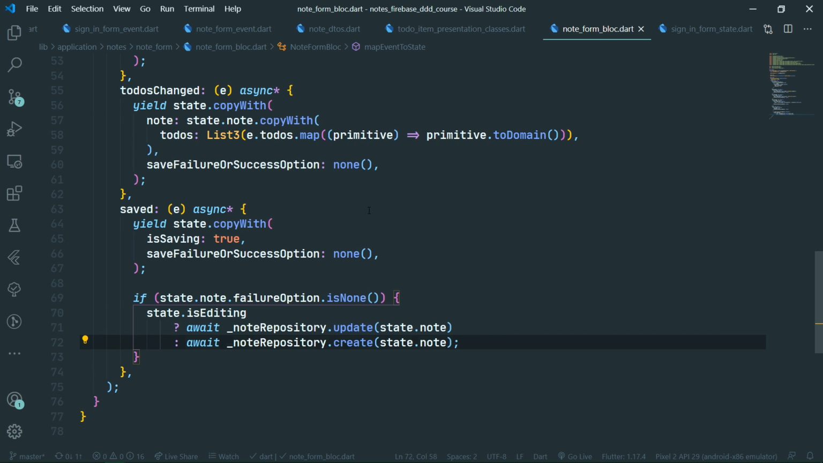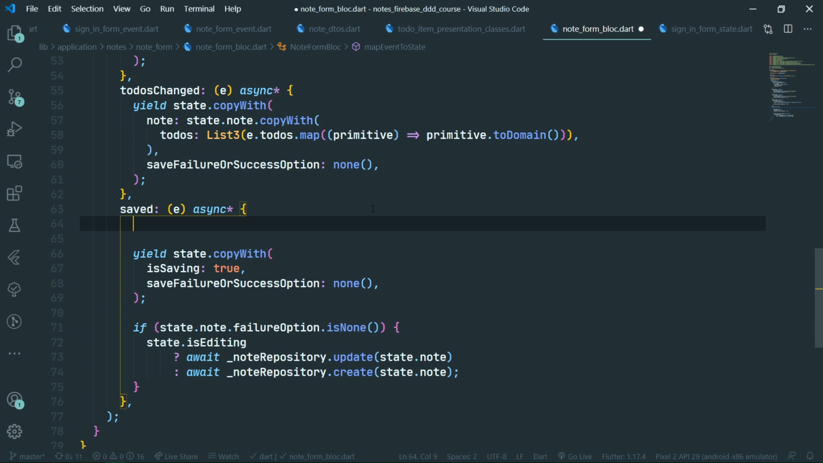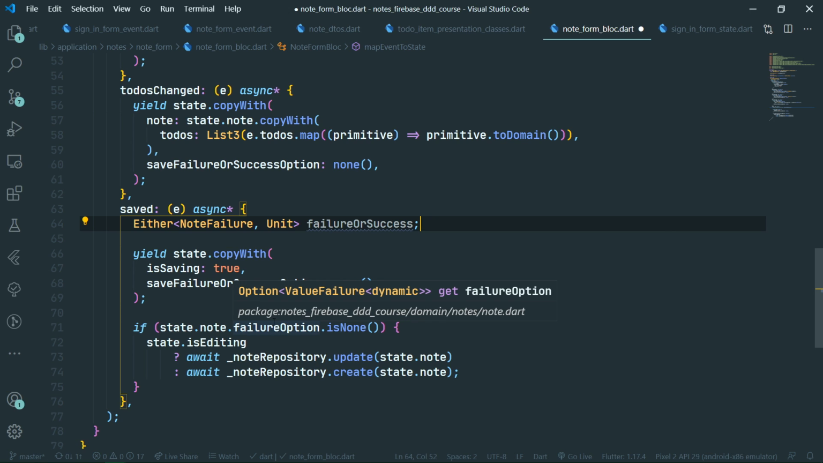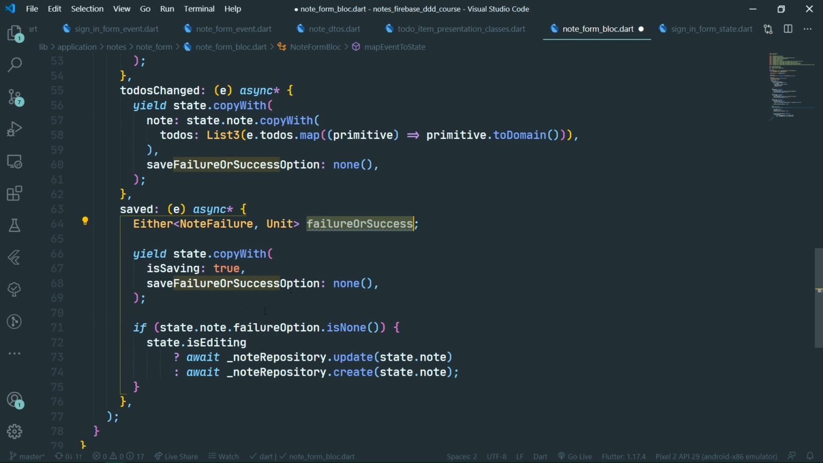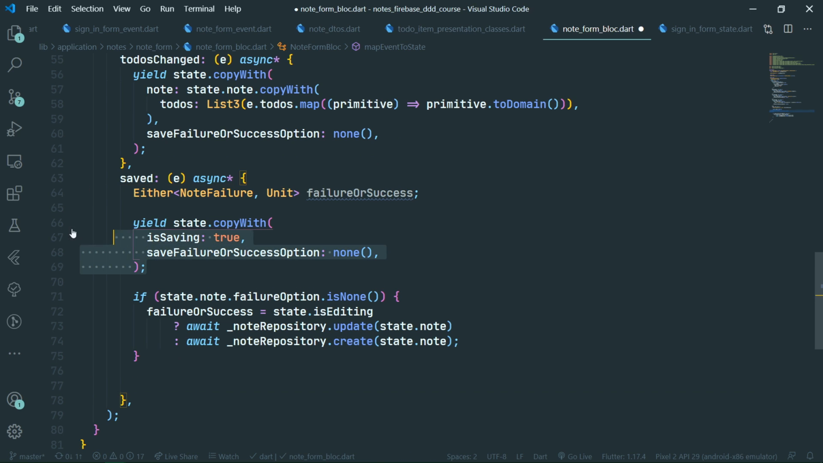So we are going to create a variable, a mutable one, either node failure unit, let's call it failure or success. We're creating it outside of the if statement so that we can also access it outside of the if statement, of course. We're going to set this failure or success variable to be equal to the returned value from our repository calls. And now at the very end of our saved event handler, we are just going to say yield state